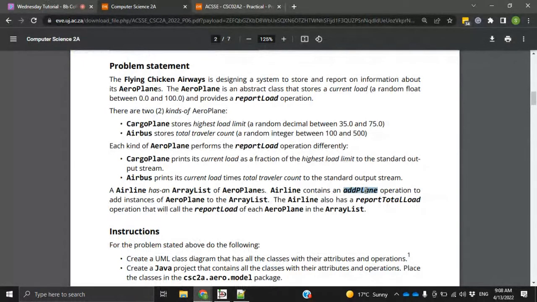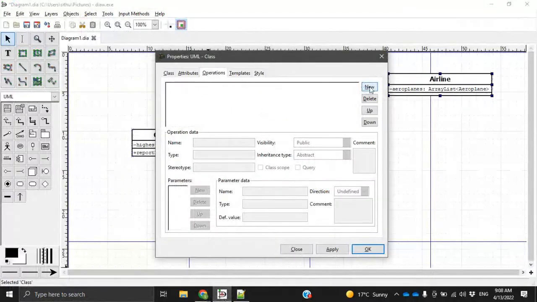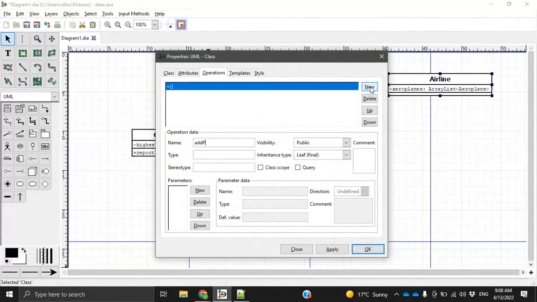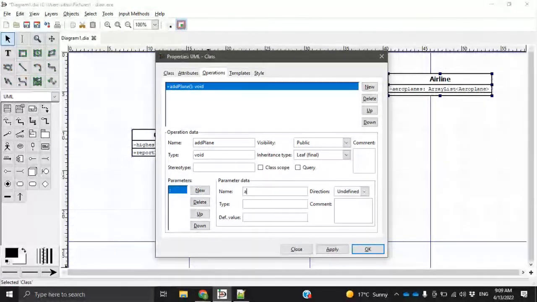So we have an add plane operation. So obviously it will take an aeroplane as a parameter, right? So we need to create that operation. So add plane does not return value, and it takes an aeroplane